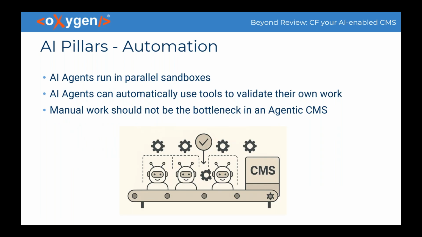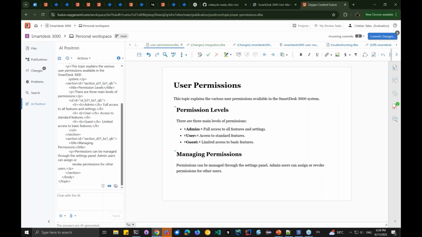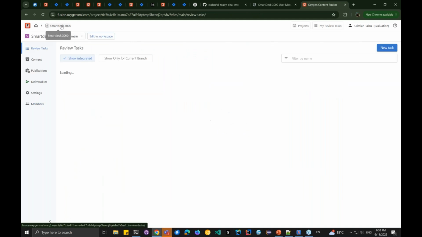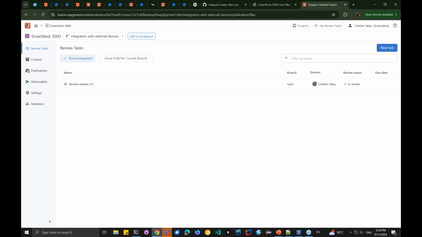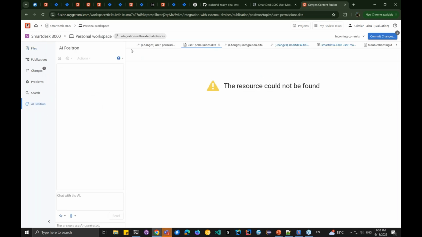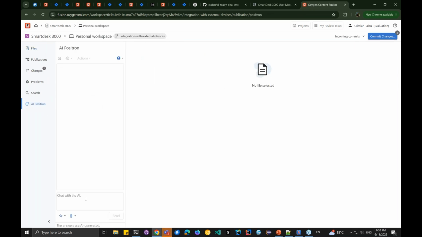Okay, and then the last pillar that I wanted to talk about is the automation part. So here the interesting thing is that you can start multiple agents in parallel. For example, here I created 2 branches, and I will start an AI agent to work on each of the branches. So on this one, I go to the workspace and say, let's close all the tabs, write a topic about